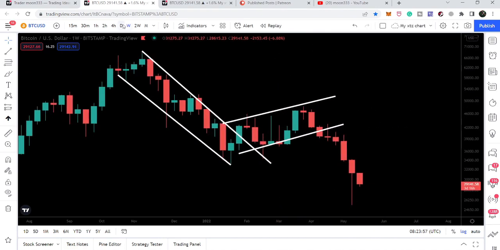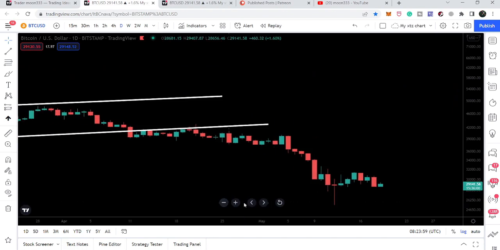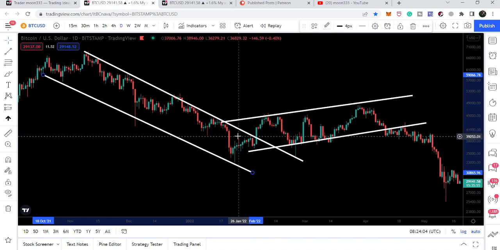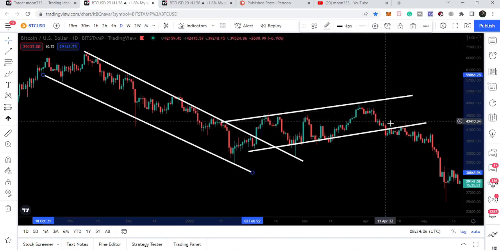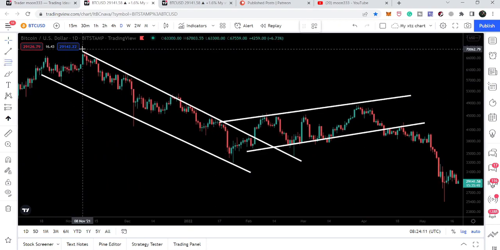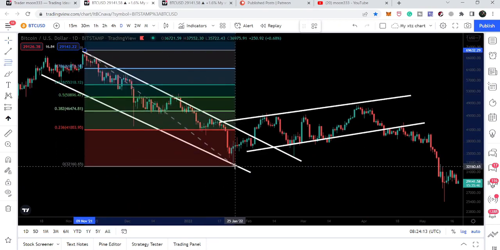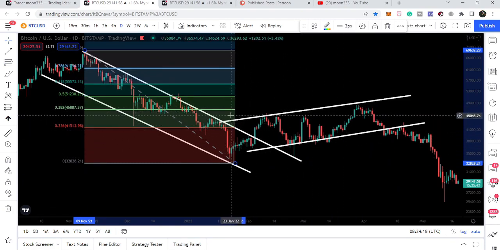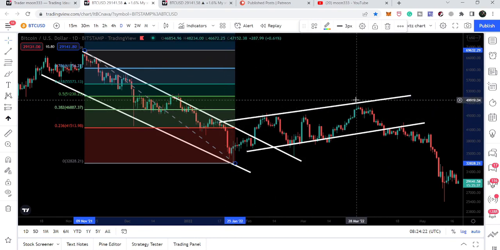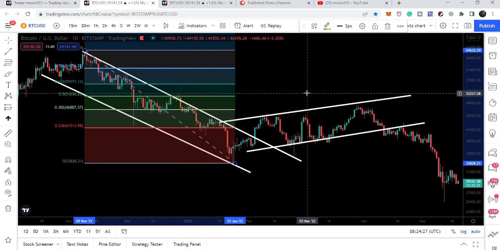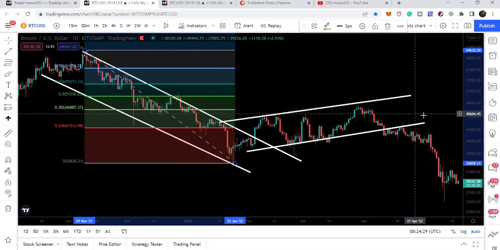I'm just going to switch to the daily time frame, and we can see that here we had a channel to the downside. We formed an up channel here, and we broke down the support. And if I place the Fibonacci tool from this high to this low, then we can see that this move to the upside is not retraced back more than the 0.382 Fibonacci retracement level. So it is a perfect bear flag. Otherwise, if it would be retraced more than 0.382, then this flag would be invalidated.